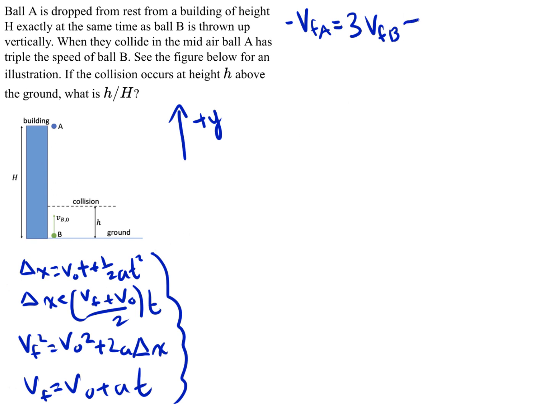it would be positive. I can arrange this to say that the final velocity of A is equal to negative 3 times the final velocity of B. So that's the condition that we need to satisfy here. Now, after that, we can use our kinematic equations to write some equations that we can use to solve for this condition. The first one that we're going to use says that the displacement, or change in x, is equal